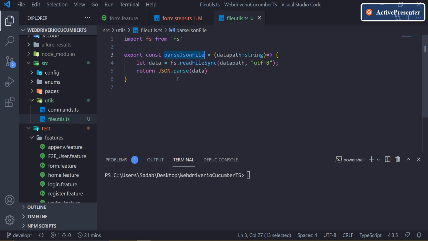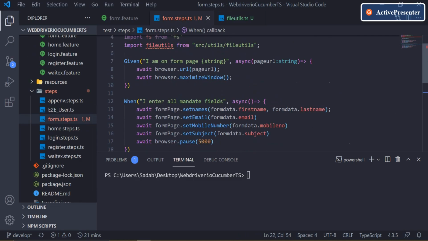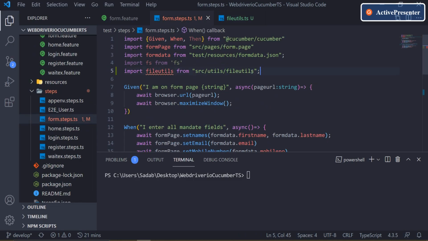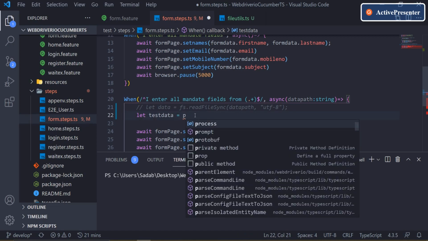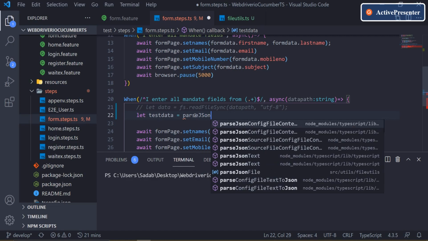Now if you are creating an anonymous function, the import of this will be a little different. So now you'll not have this FileUtils import. If you want to import, I'll delete this class name also. Let me just delete everything here. I'll just type parseJSONFile.